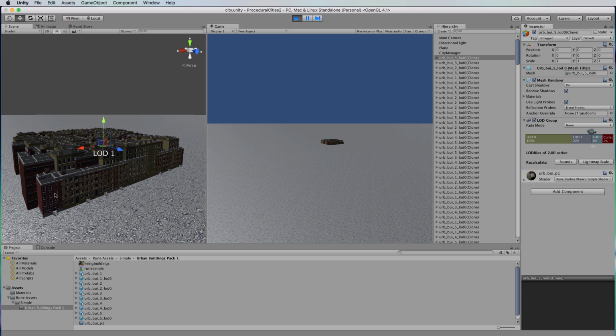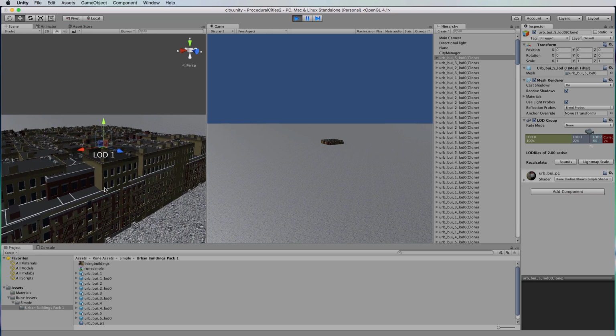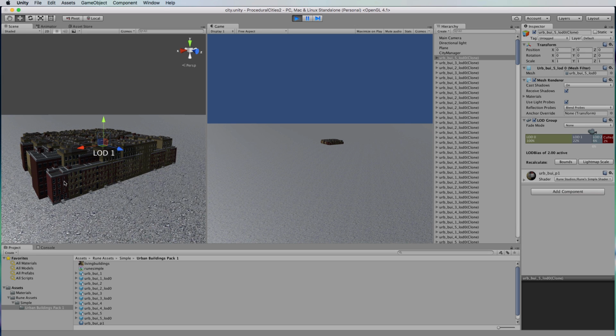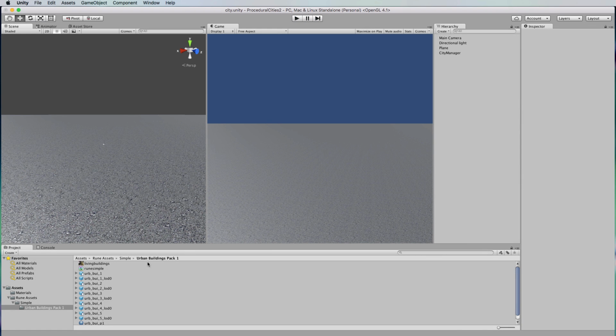Now, the buildings that you use won't necessarily be 1 by 1 by 1 in size. So we need to make some kind of consideration in placing these buildings on the map. We'll call that the actual footprint of the building itself, and use that to spread the buildings out. So back in our script,